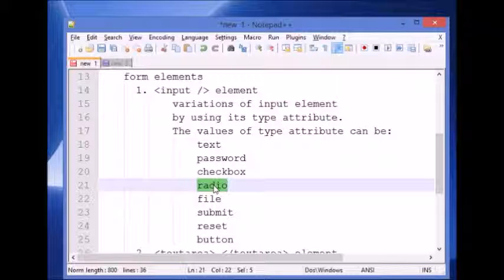Like suppose you want to collect information regarding the sex of the user, right? The user may have two options here, either he is a male or she is a female, right? So they can choose anyone, either male or female. So when the user can select only one choice from the given options, then we can use the radio type of input element, right? Similarly,